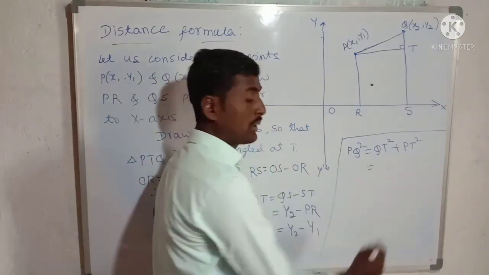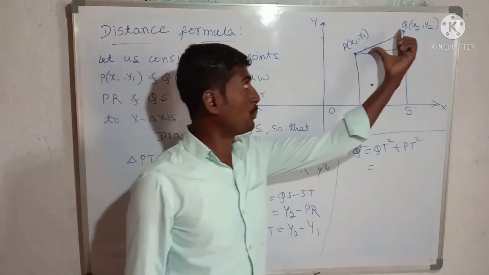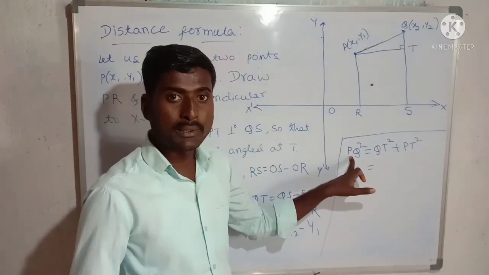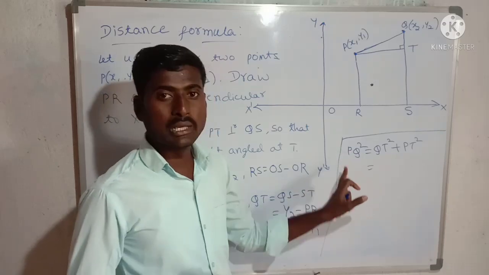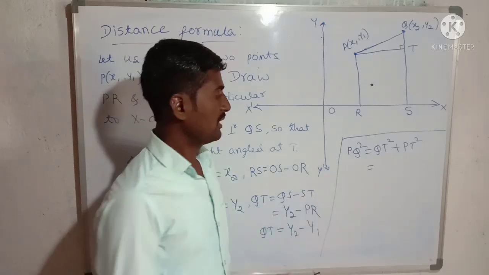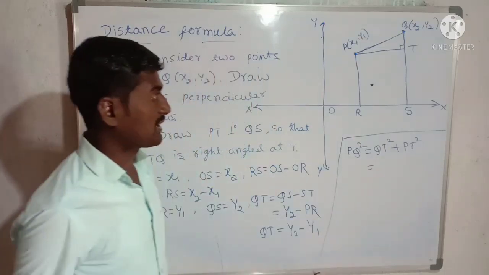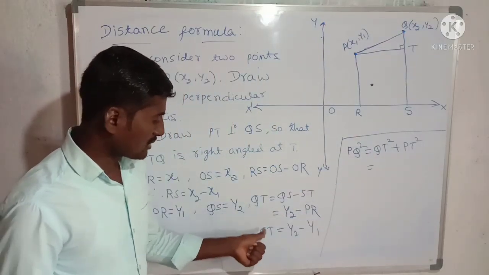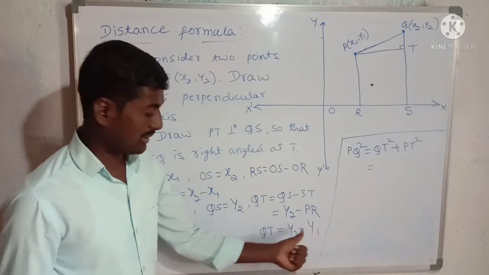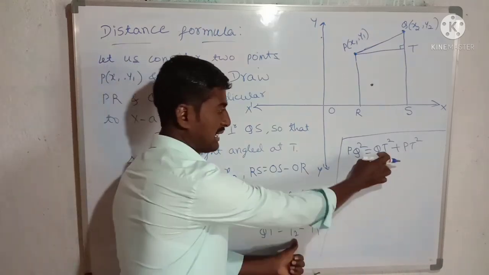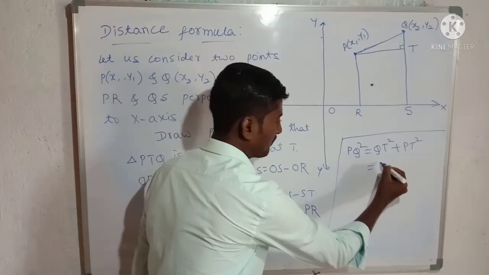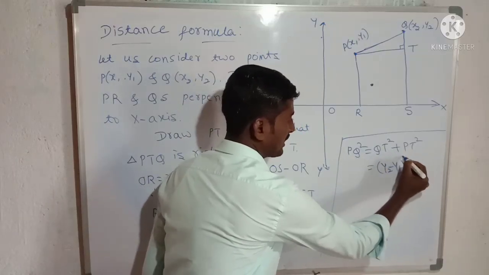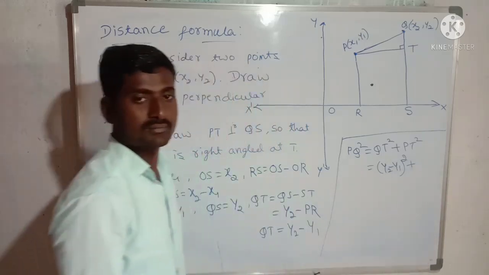Now we are going to find the distance between these 2 points. That is nothing but PQ. We want PQ, but here we got PQ square, so I want only PQ, not square. Now let us substitute QT square first. QT value is y2 minus y1. In place of QT I can substitute y2 minus y1, whole square, plus